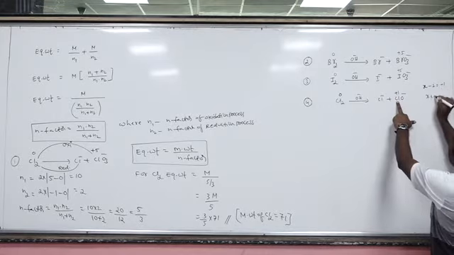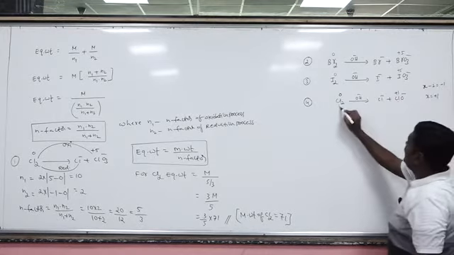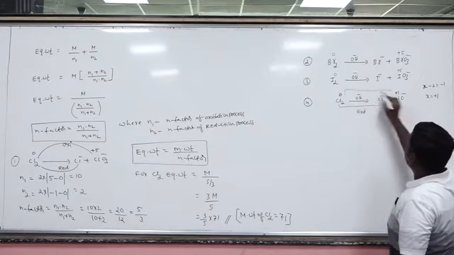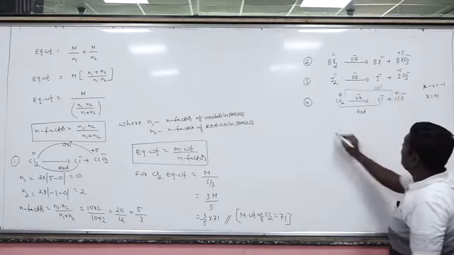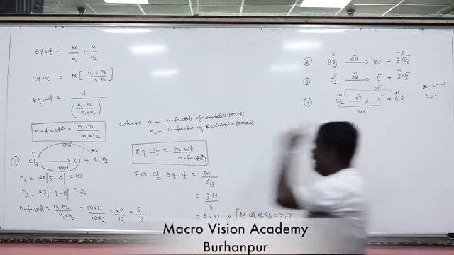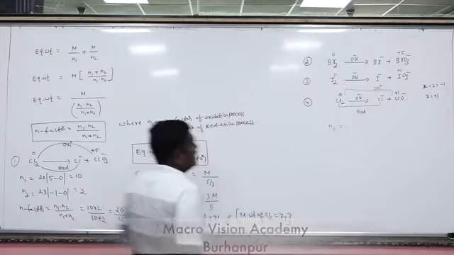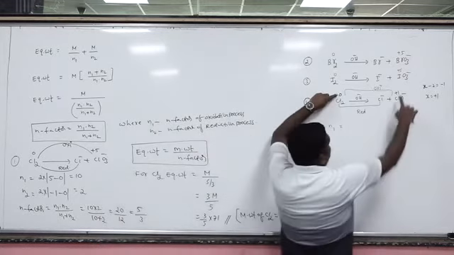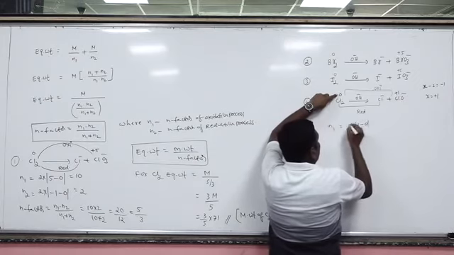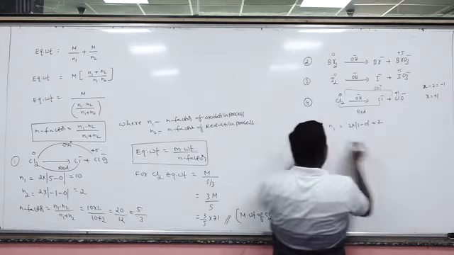So X is equal to +1. That means from here to here, chlorine is undergoing reduction. From here to here, it is undergoing oxidation. Now what is the N factor? Let's suppose N1 is the N factor regarding the oxidation process. In the oxidation process, the change is 0 to 1, so the change will be 1. 2 atoms are there.